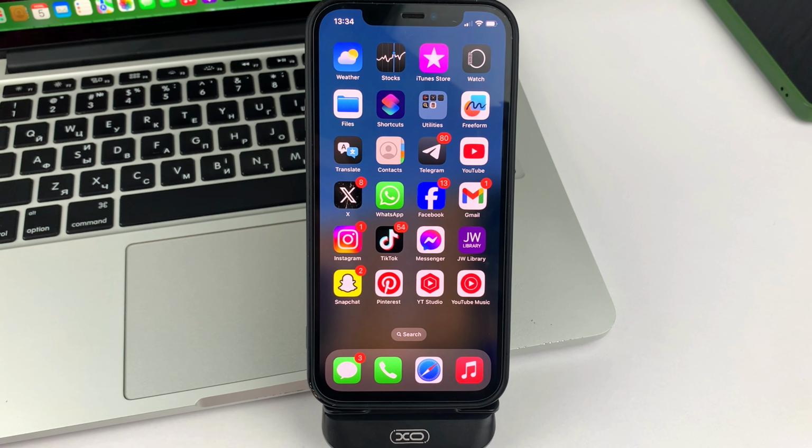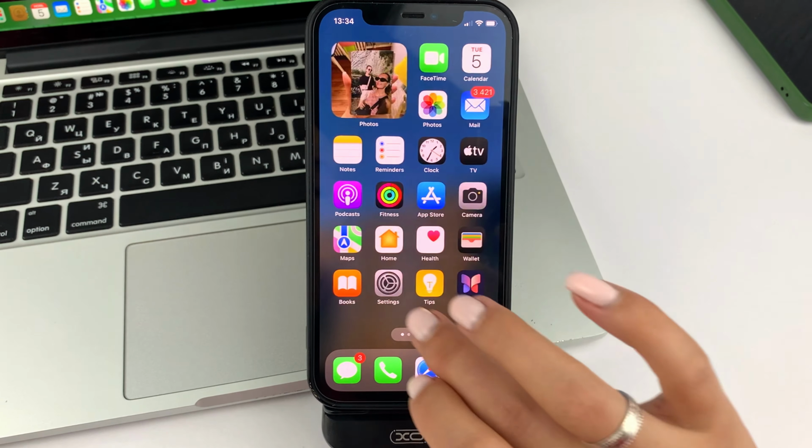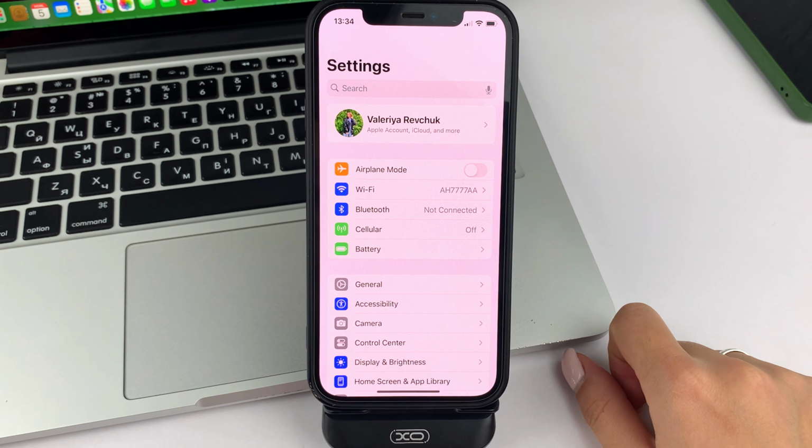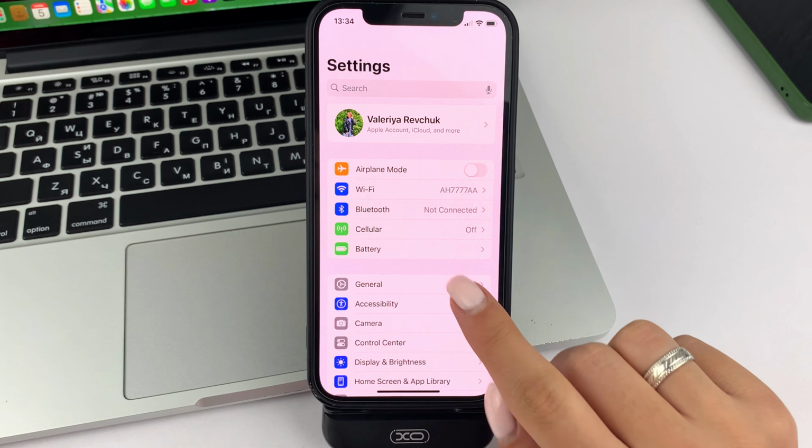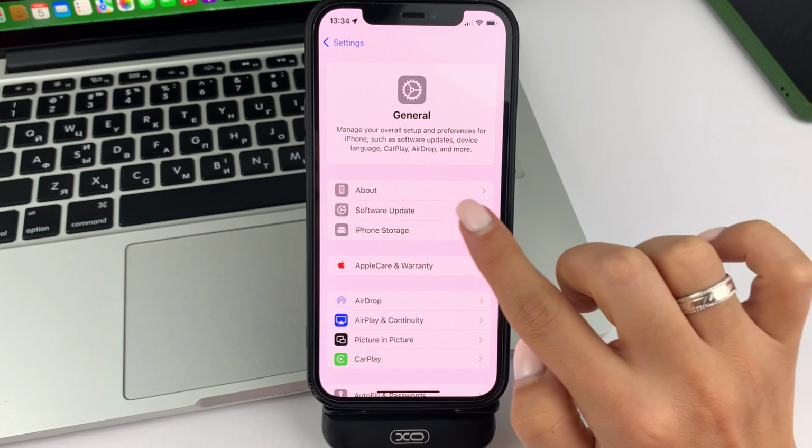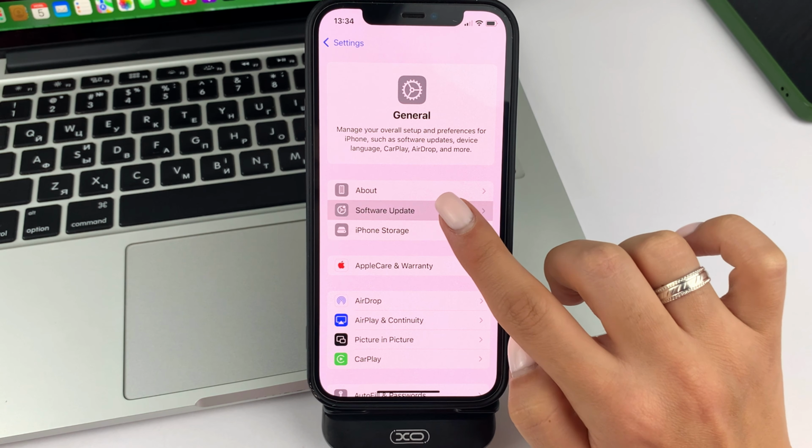First of all, I recommend you check if your iPhone is updated to the latest version, namely iOS 18. If not, then update it. To do this, you will need to open the Settings on your iPhone and then select General. Next, go to Software Update.